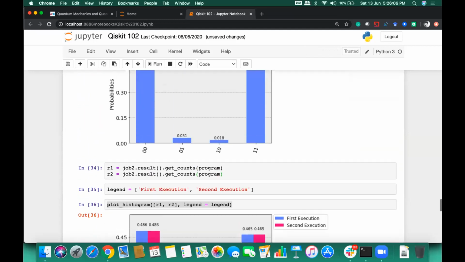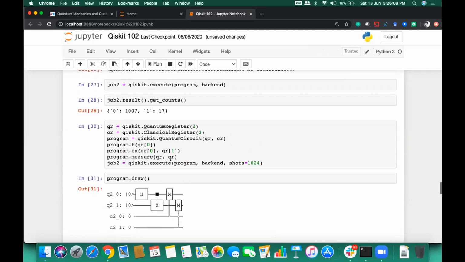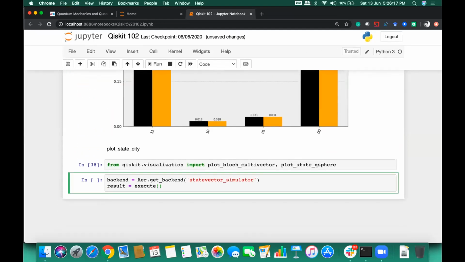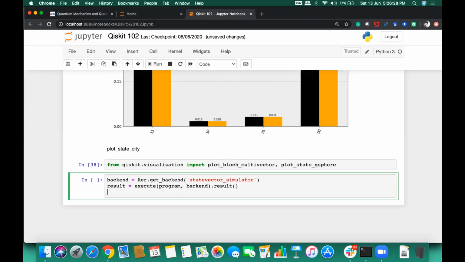The same circuit which I executed on the quantum backend, this one, I'm going to execute here on the simulator. And I'm going to store my result by calling the result method of this. Now this will give me the result of the executed circuit. Now I'm going to store that in a variable.